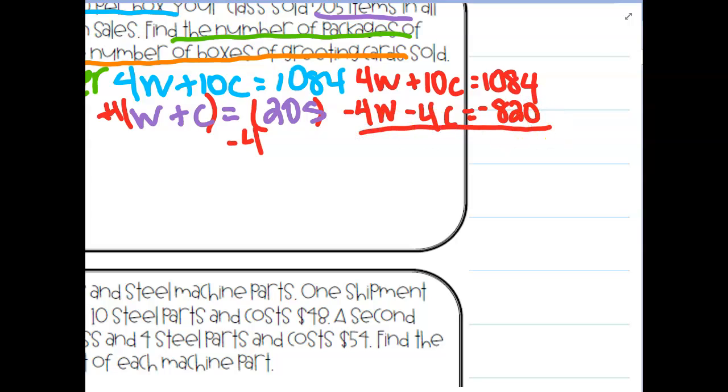And although it's not x's and y's, this is what we did all last week and the week before. The W's cancel out. 10C minus 4C gives me 6C. 1,084 minus 820 gives me 264. Divide by 6, and we should get